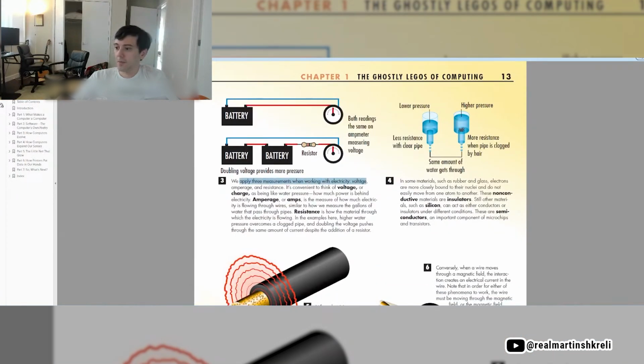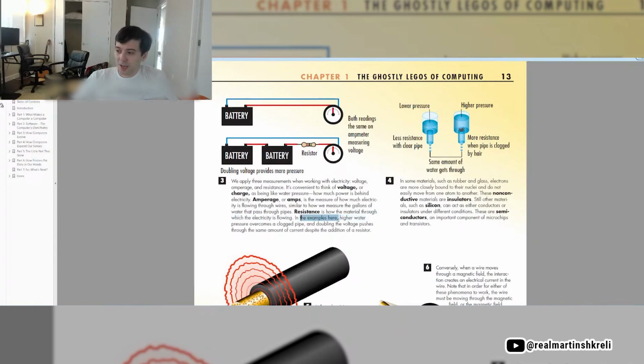All right, we apply three measurements when working with electricity: voltage, amperage, and resistance. It's convenient to think of voltage, or charge, as being like water pressure, how much power is behind electricity. Amperage, or amps, is the measure of how much electricity is flowing through the wires, similar to how we measure gallons of water that pass through pipes. And resistance is how the material through which the electricity is flowing